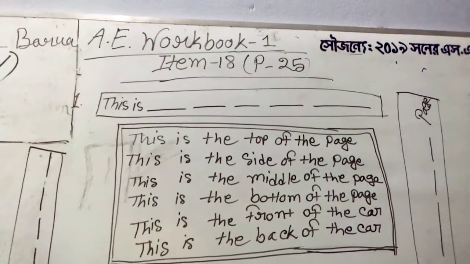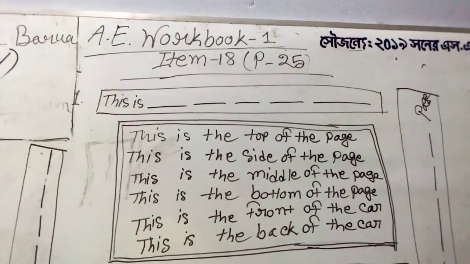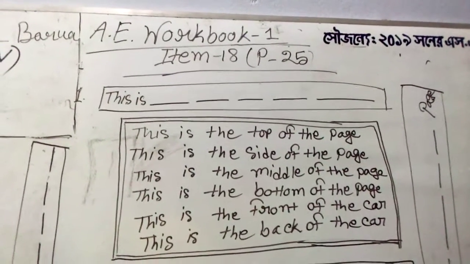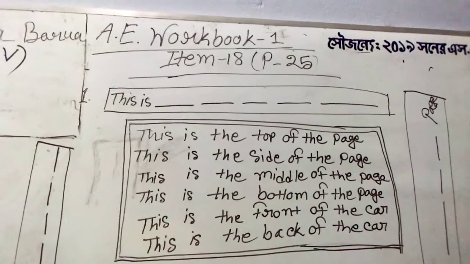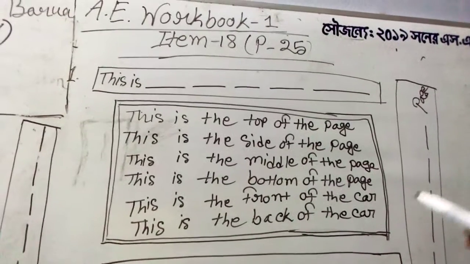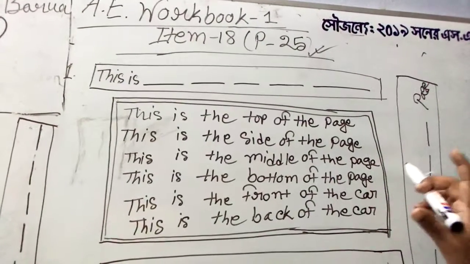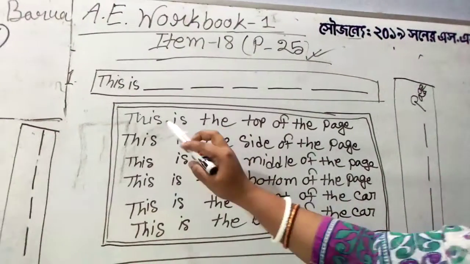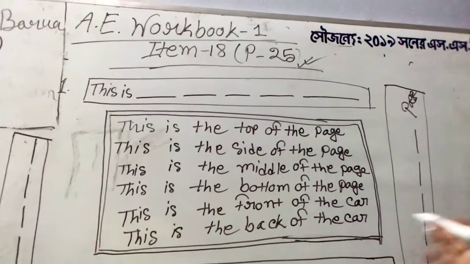See, so many blanks are there. So at first what you have to do is go through the middle of the page. In your book there will be a box like that. Can you see the box in your book? Please have a look at page number 25 and see in the middle what it is. These are the descriptions of the page.